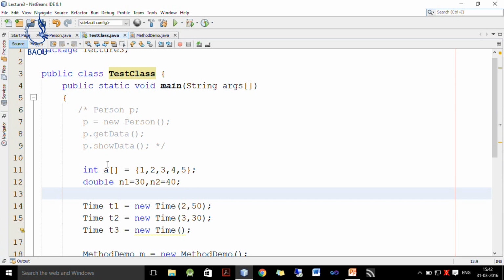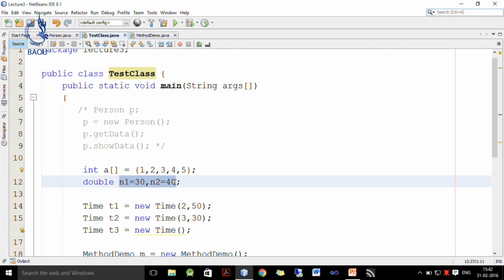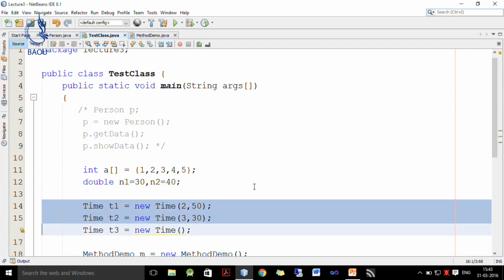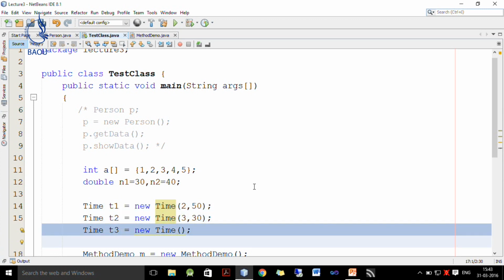The array is initialized to 1, 2, 3, 4, 5, so the sum is 15. We have two double type variables, 30 and 40, and we want to find the maximum, which is 40. We have two times which represent 2:50 and 3:30, and we want to find time T3, which is the sum